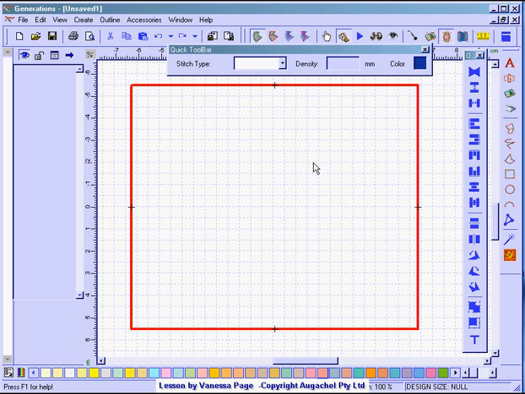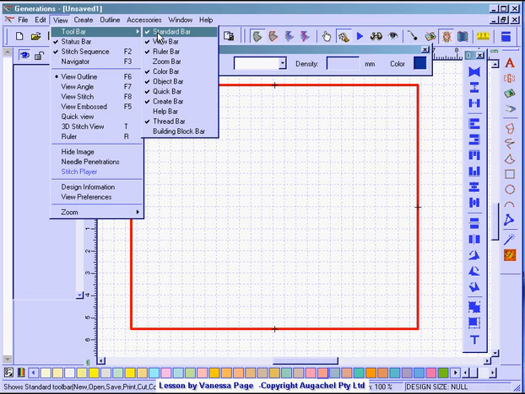I've opened my Generations program. Now you'll notice that some of my menu bars are not where yours are, such as my quick toolbar. The reason being, when I'm doing a lesson, I don't have as much screen space as I would normally like, so I have to place these in the best strategic places so that you can at least see what I'm doing. Okay, now first of all, I'm going to go up to my View menu,